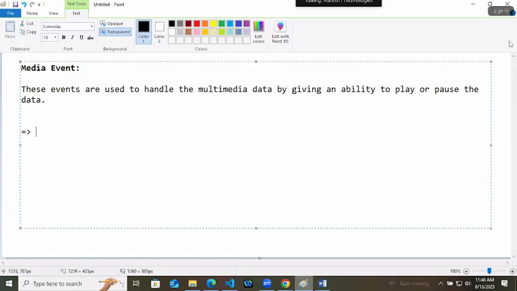So here you will be having play and pause. This you will only understand when we are building the music player. We will build a music player, don't worry.